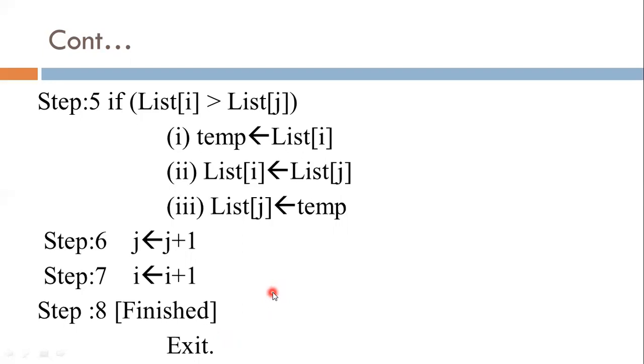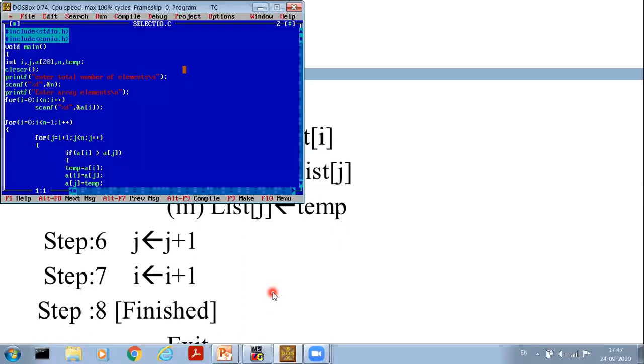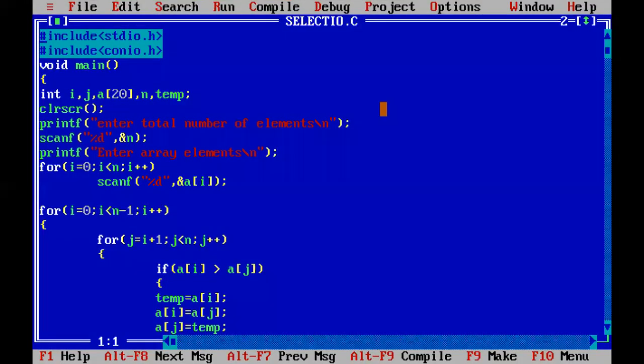Now let us see the practical of selection sort. Okay, in selection sort, first of all, one array is required.